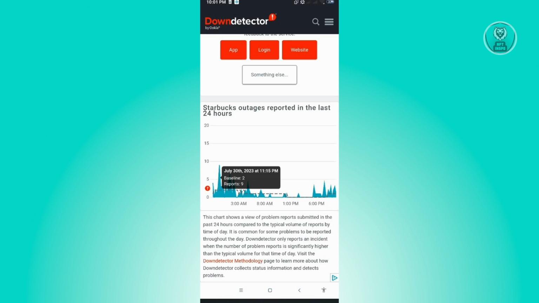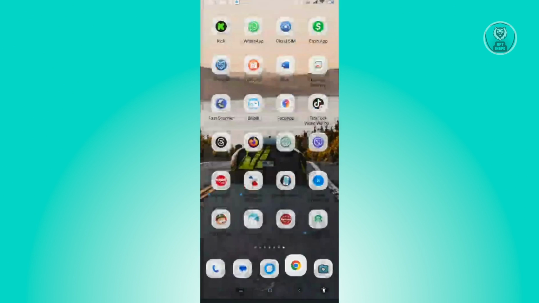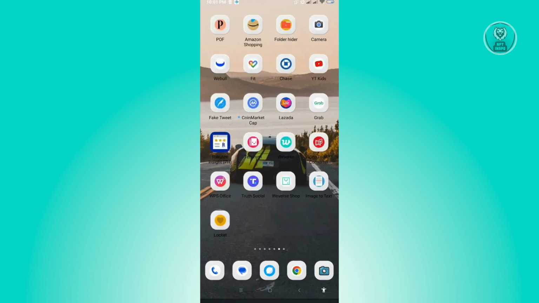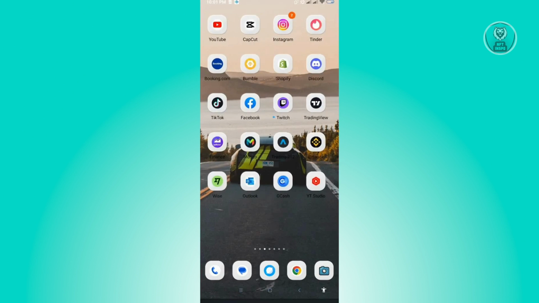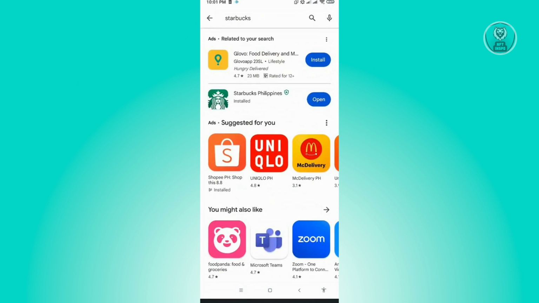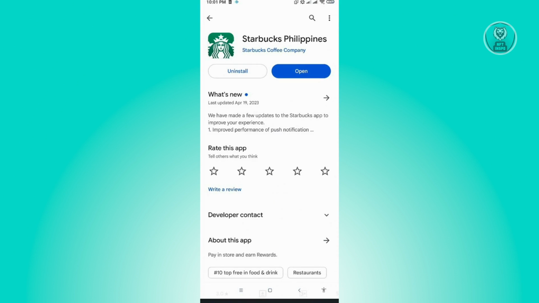But if that doesn't solve the issue, we have another way to actually solve this issue. So first thing that you want to do is you want to go ahead and go to your Google Play Store and check if there are any updates on the Starbucks application. Now in here, if you see any updates, make sure to install that and see if that actually solves your issue. If not, or if there are no updates on your application, then the next thing that we want to do